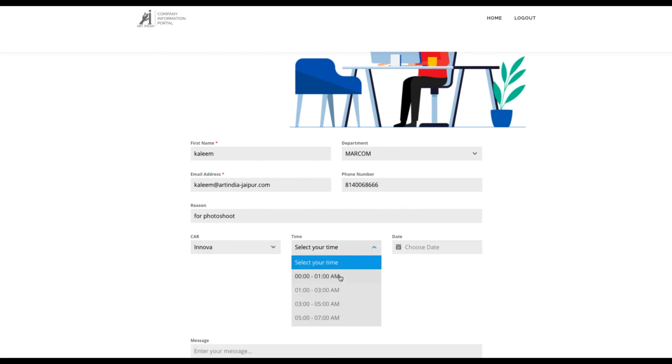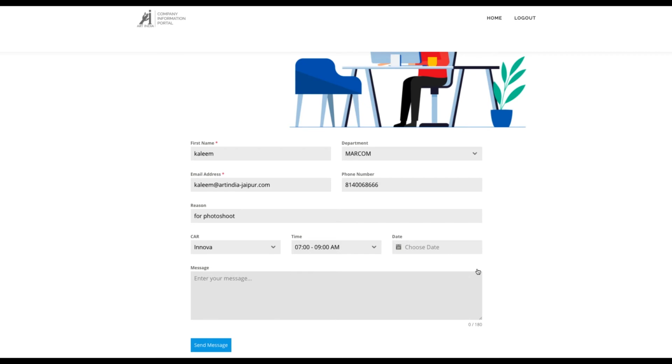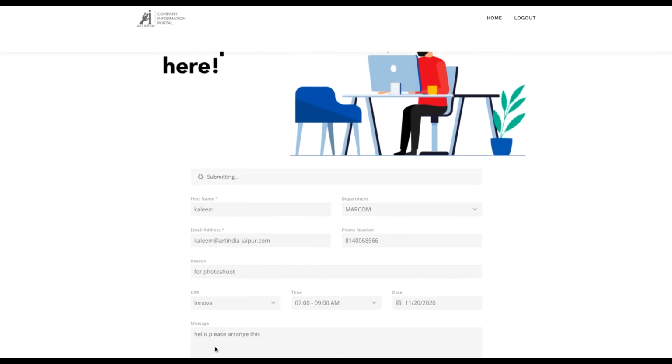Then you will select a time slot, from this time to that time, and the date on which you need this vehicle. Here you can put a special request so that the person who will manage this will get it, and he will arrange accordingly. Then press Send Message.